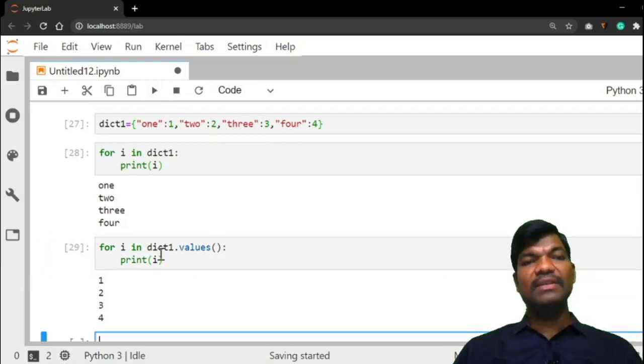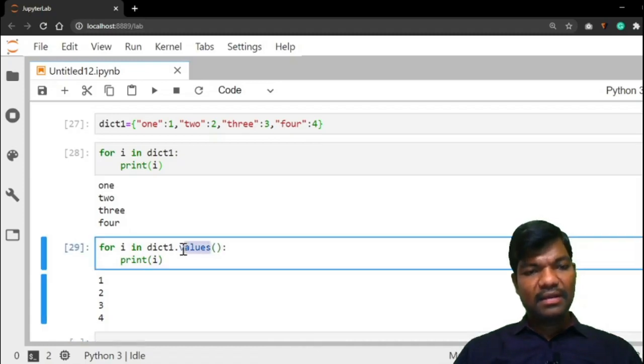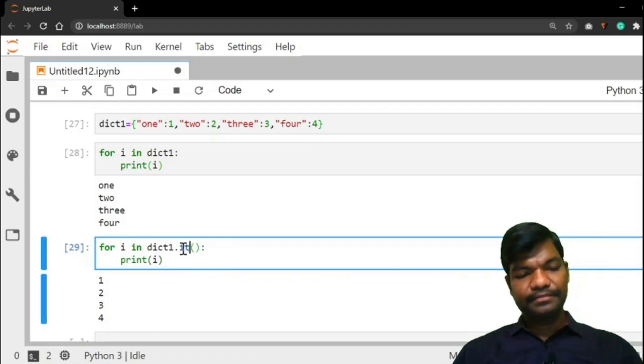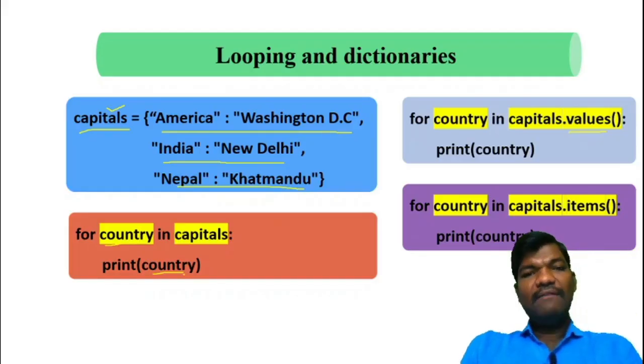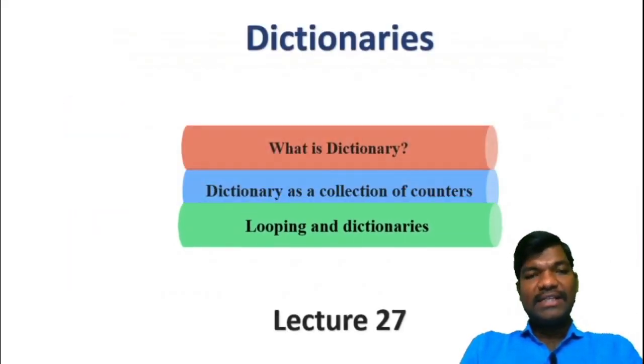Run it. See here, values are printed. Suppose take items. Run it. All items are printed in the tuple format. That's the concept of looping and dictionaries.